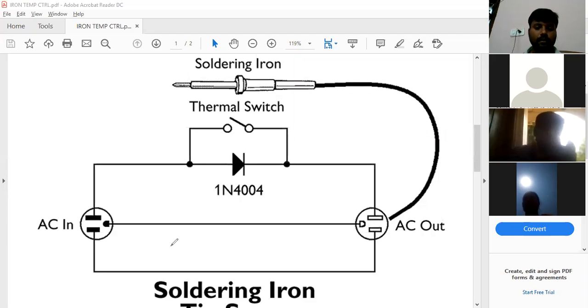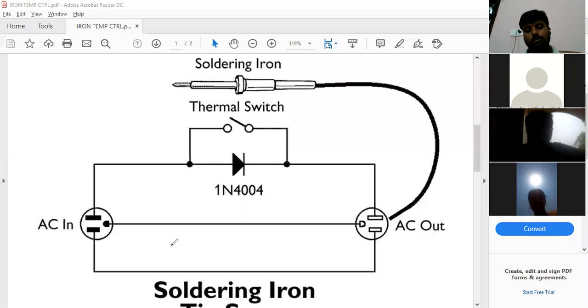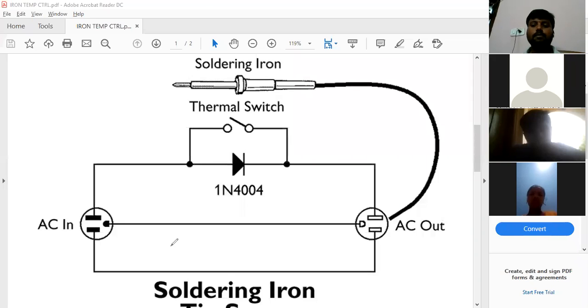If a diode is taken, for example, during its forward bias condition, if the temperature is raised, the forward voltage falls. I will show the graph of the temperature dependency of the diode.